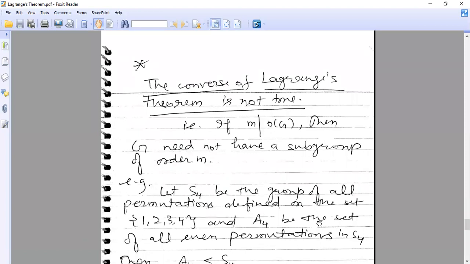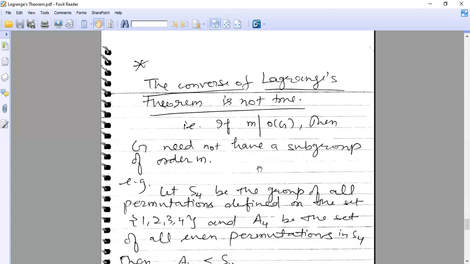Now let us discuss, so Lagrange's theorem we have seen, these 4 corollaries also. Now we are talking about the converse of Lagrange's theorem. Lagrange's theorem says that the order of the subgroup divides the order of the group, where G is a finite group. So what will be the converse of Lagrange's theorem? If you have some positive integer which is a divisor of the order of the group, then you should have a subgroup of that order. That will be your converse of Lagrange's theorem. But it is not necessary that you will always get a subgroup equal to that divisor.